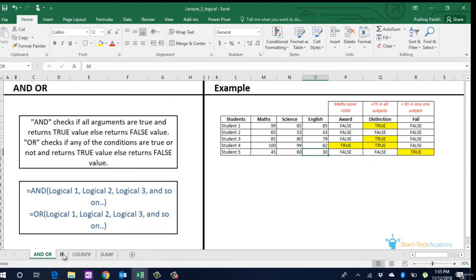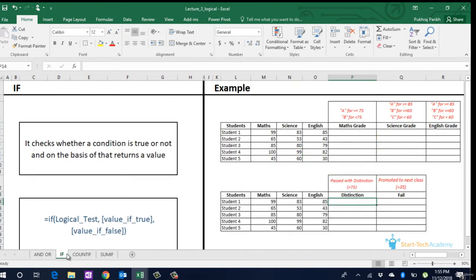Let's move on to the next formula, which is the if formula. This formula uses the outcome of the logical test that we discussed previously and gives predefined outputs for true and false outcomes.